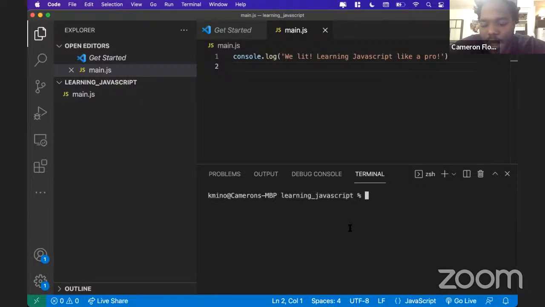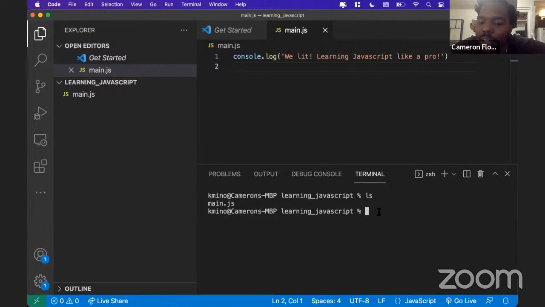I can confirm that by just typing ls, which is a command line command to just list out all the files inside of my current folder. So this is confirming that this main.js is in here, that I'm in the right place. So you're gonna want to make sure you're in the right place. That's the first thing. So if you're in a different terminal or you didn't use an app like VS Code or Atom that has those things built in, you're gonna want to make sure you navigate to the folder that